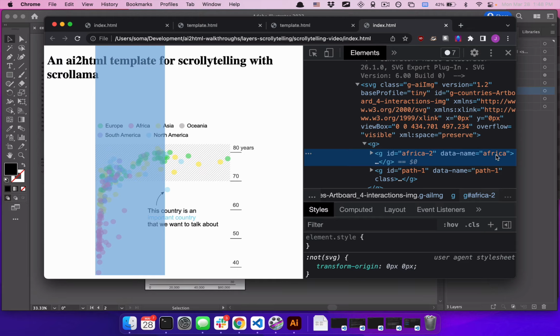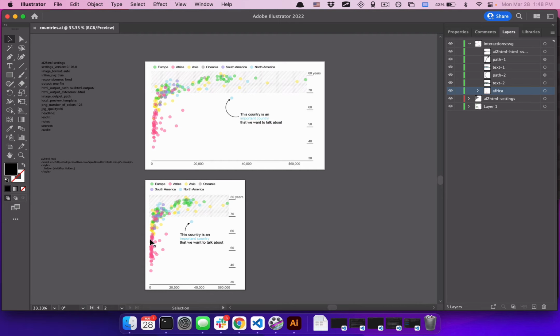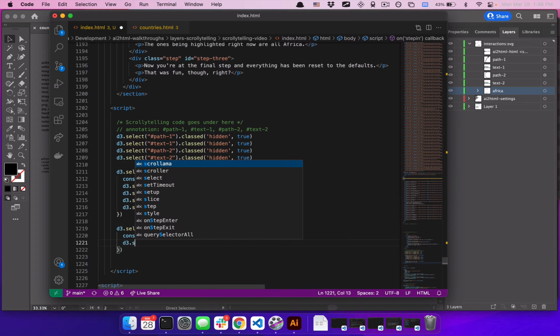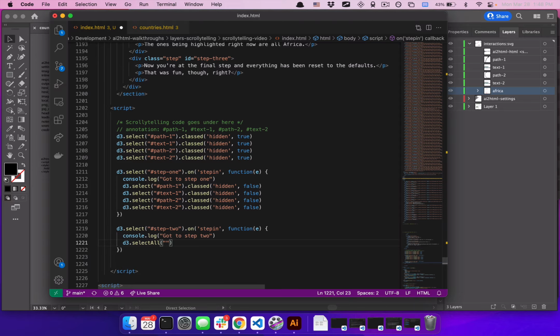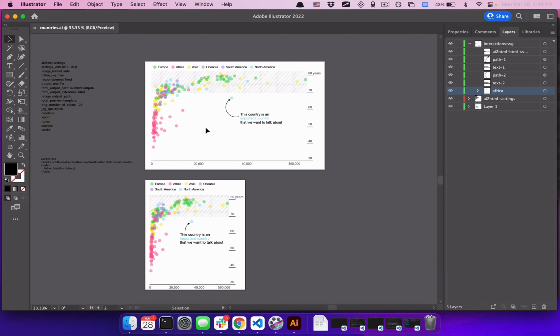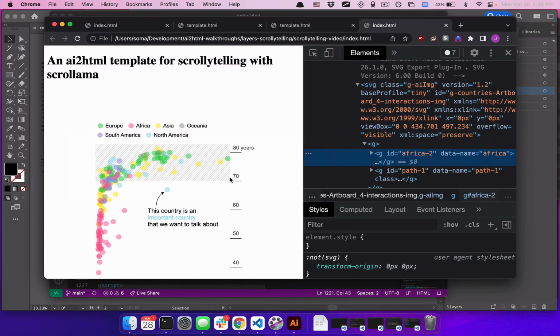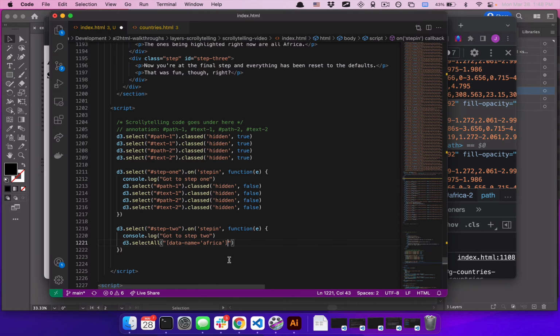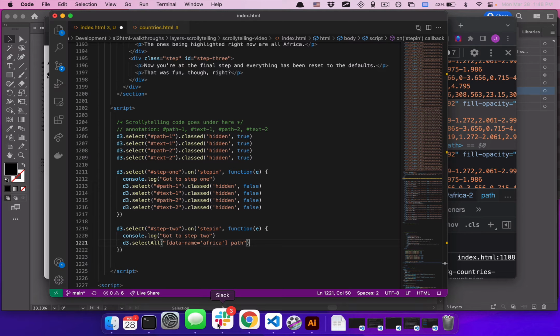So data name Africa is going to be the same for both this artboard and this artboard, even though one is ID Africa, one is ID Africa 2. So when we get to this step, I'm going to say, hey, D3, go out and grab everything that has the data name of Africa. And if you want to get hyper specific, these are paths inside of that. So I'm going to say, go find that G element, find all the paths inside,